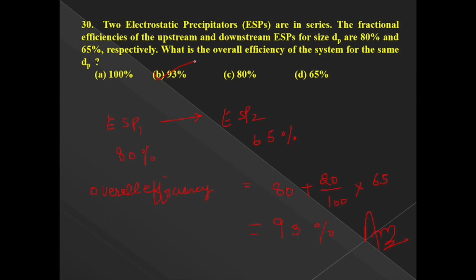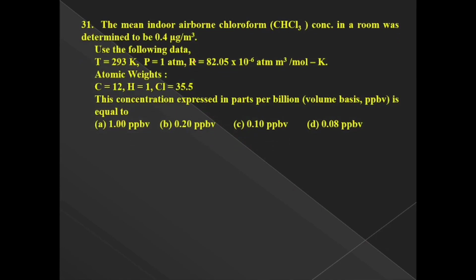So our next question, question number 31, is: the mean indoor airborne chloroform, CHCl3, concentration in a room was determined to be 0.4 micrograms per meter cube. So the weight of chloroform is given as 0.4 into 10 to the power minus 6 gram, because that is given in micrograms. Okay, now